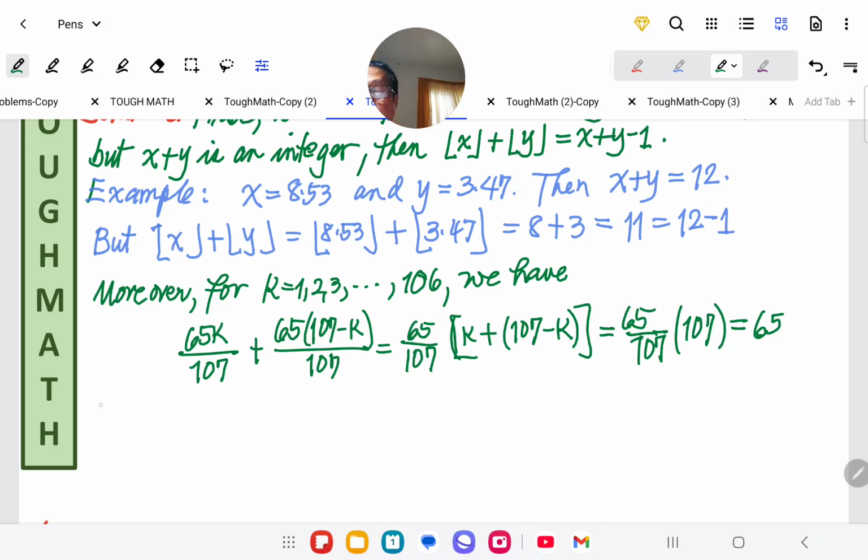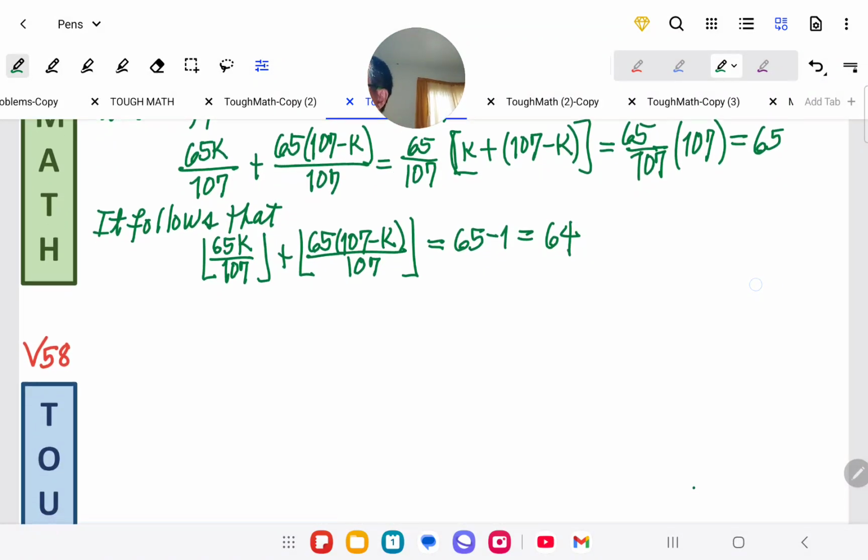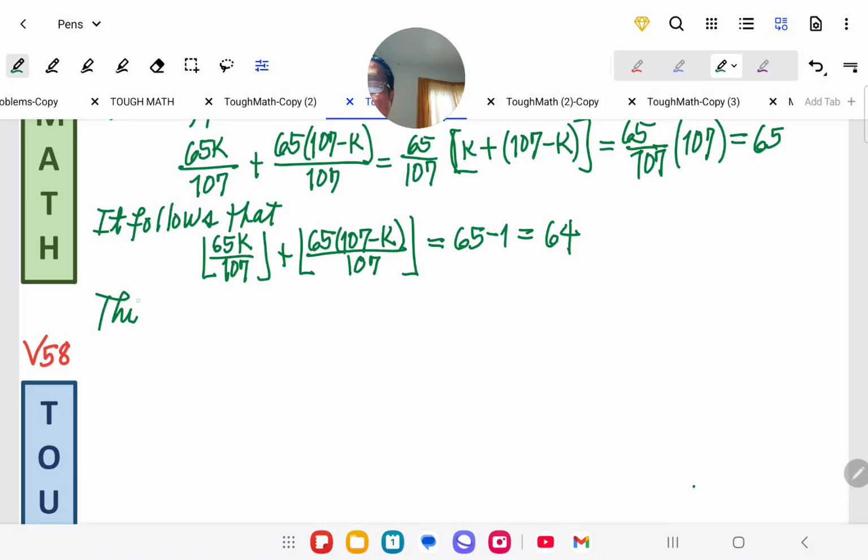It follows that the greatest integer value of 65k over 107 plus the greatest integer value of 65 times (107 minus k) over 107 must be equal to 65 minus 1, which is equal to 64. Okay. Thus, therefore, S,